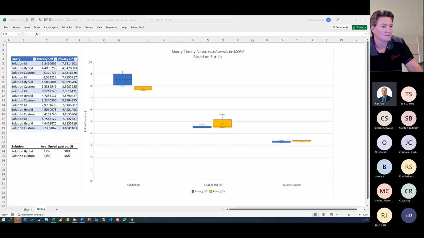I'd be curious to actually get that and run some more tests on that, because that is definitely an odd one here. But yeah, very cool stuff. And it is interesting to see where the custom solution does come in much faster, because I know that's actually not always the case when you reach into custom coding. Sometimes the UI can be faster, and I've got examples of that. But this is definitely more performant, no question.